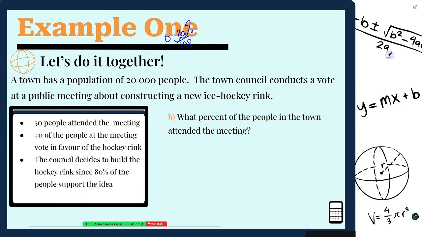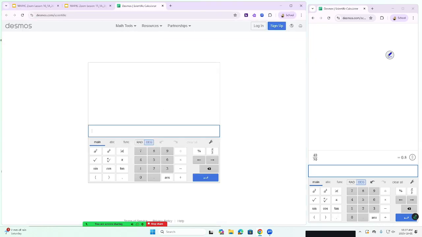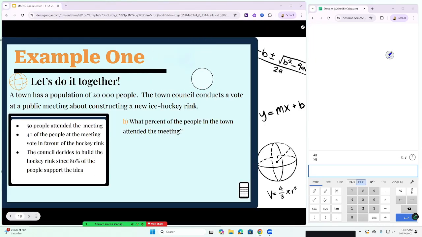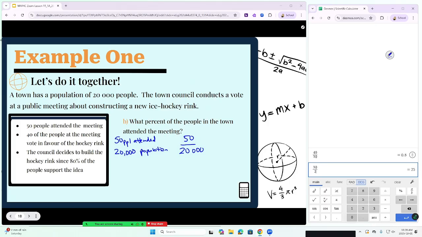Well, it says at the beginning of our question that there are 20,000 people in this town. So there are 20,000 people in the town. That means that we want to find 50 people attended. 50 people attended. But there are 20,000 people in the town. That's the population. So what we want to do is we want to find 50 divided by 20,000. When we do 50 divided by 20,000, we get